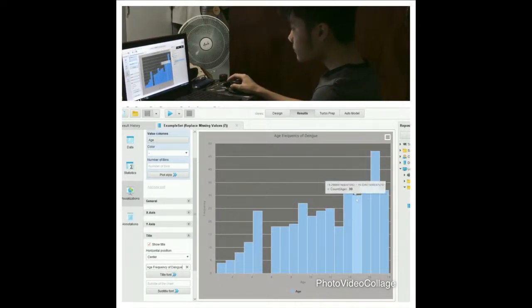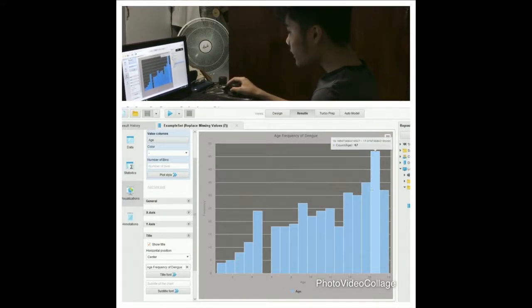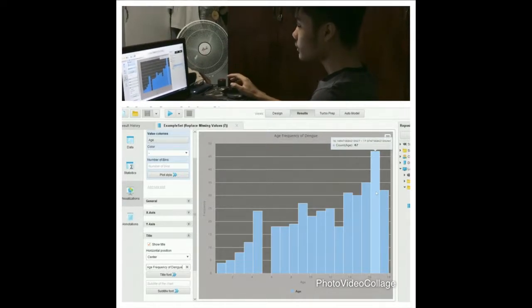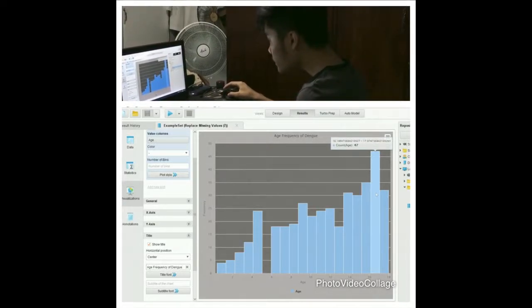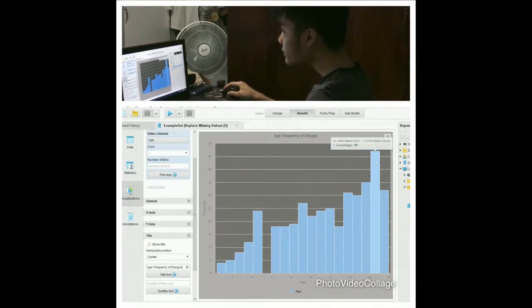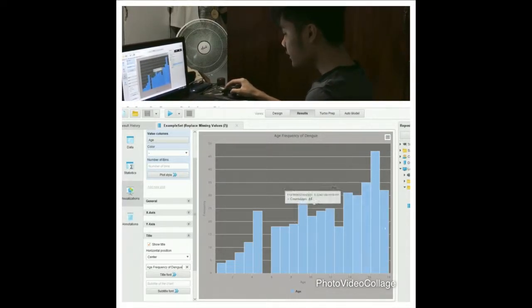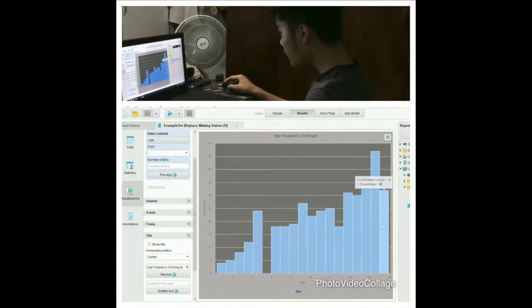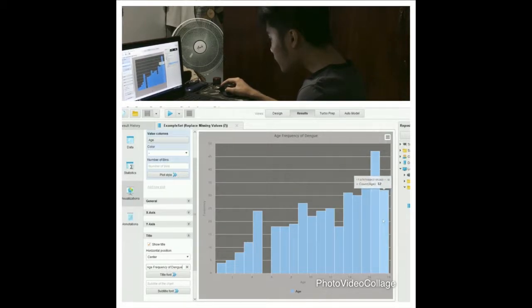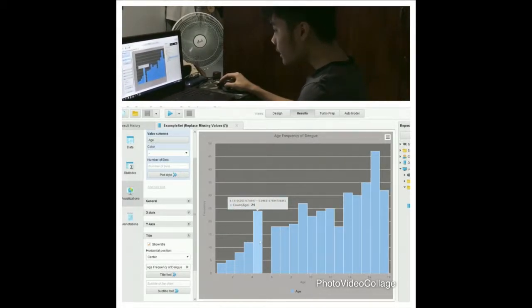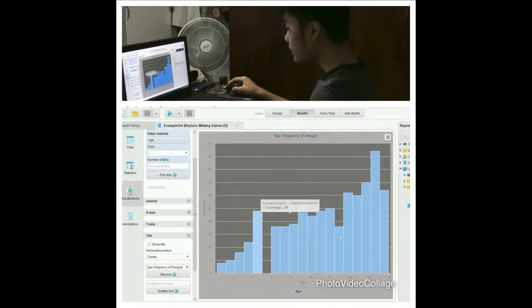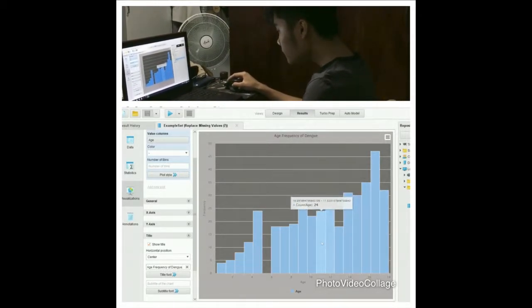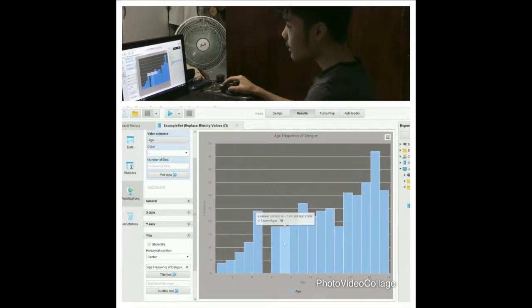In the histogram, it shows that the most frequent age of dengue data is from age 47, which has the highest amount in this data, and it also varies according to age. Like on age 24, it also has a high data, and it is somewhat skewed to the left because